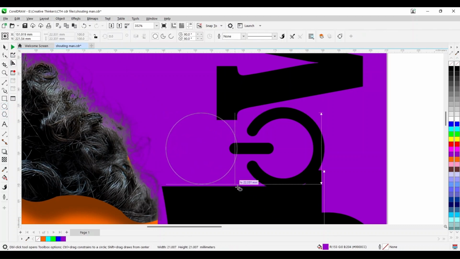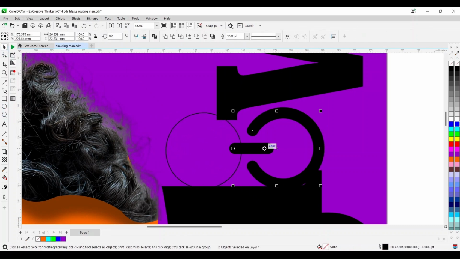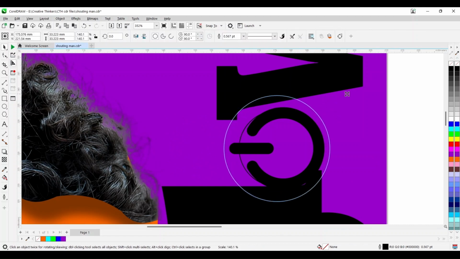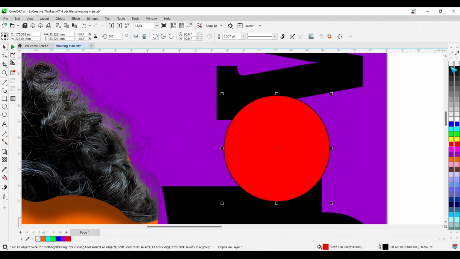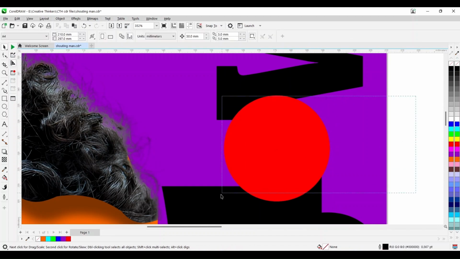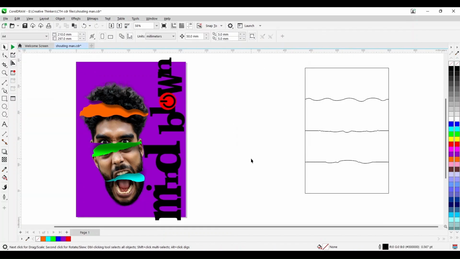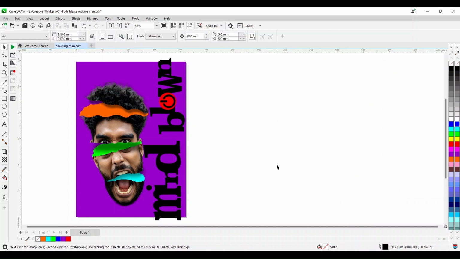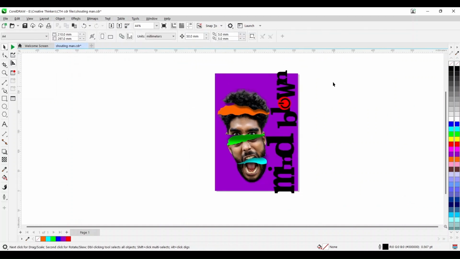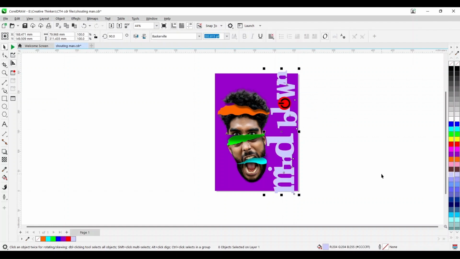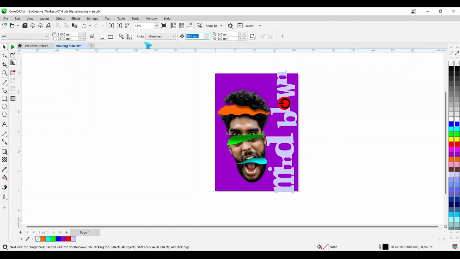Okay, now keep a circle. So this is our O. Okay, that other one is a B. So this is what you need to make sure that this is how it should look. Okay, so BLOWN. So this is how you differentiate certain things. Now ungroup all this, copy paste your blown, mind blown,